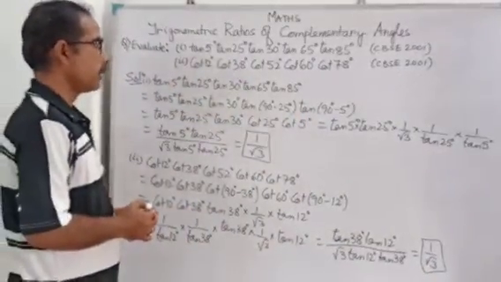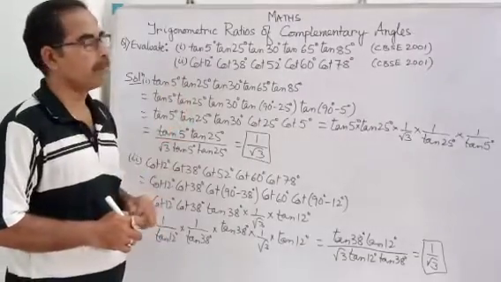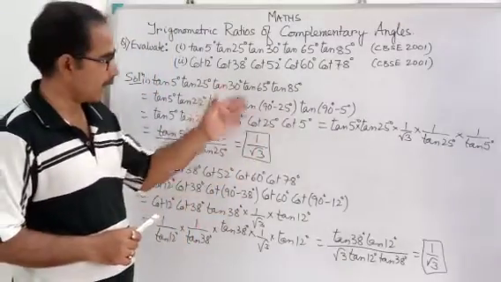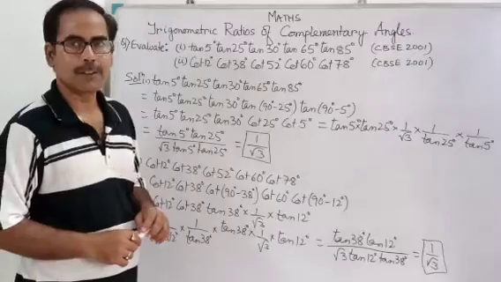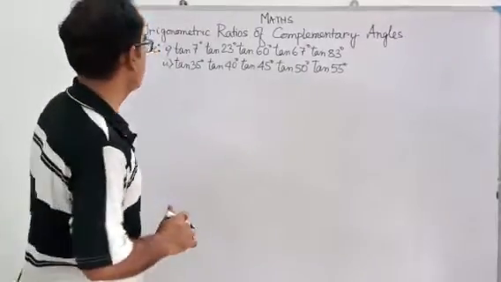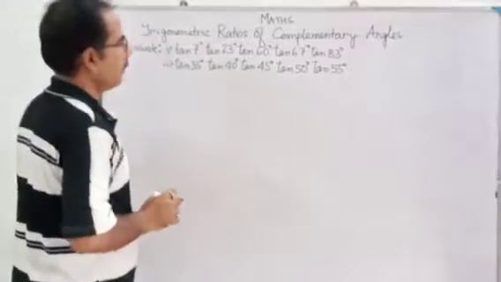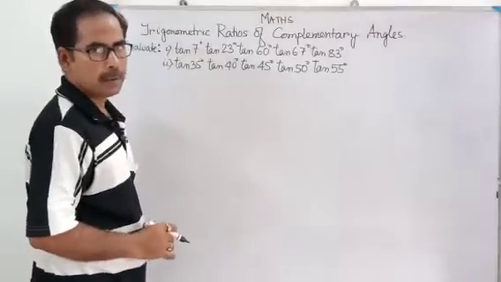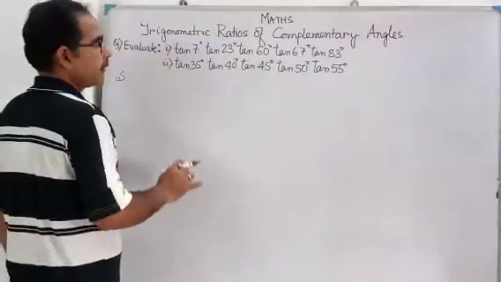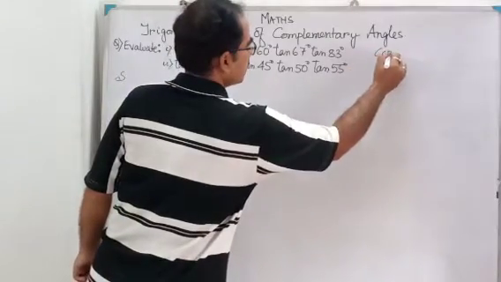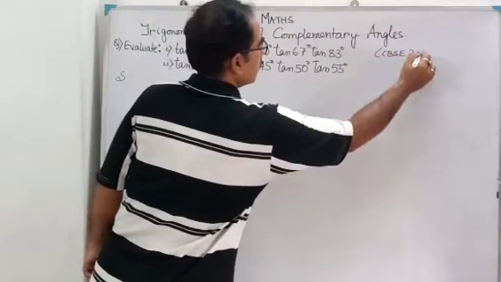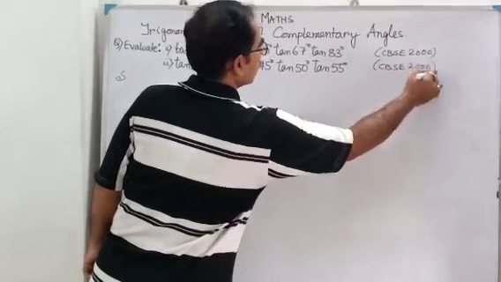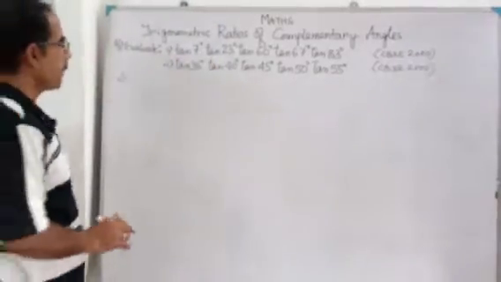So this answer is also 1 by root 3. Okay students, very interesting questions. Both these questions already came in the board exam in the year 2001 in two different sets whose answers are same but questions are different. Okay students, so similar questions I have taken. Actually, why I have taken these same type of questions, I have just made you understand just before. But why I have taken these questions? These questions already came in the year CBSE 2000. This one also came in the year 2000 in two different sets.